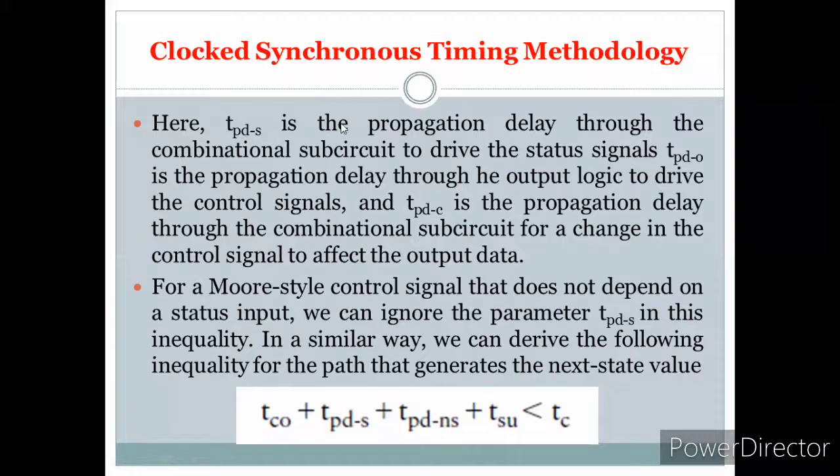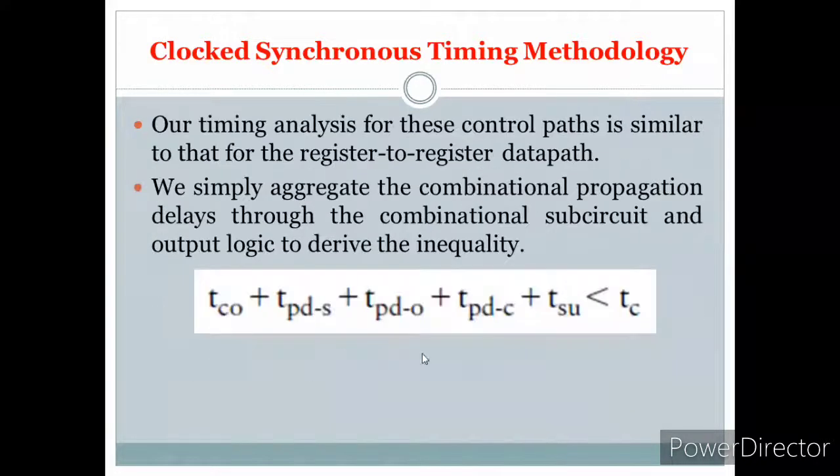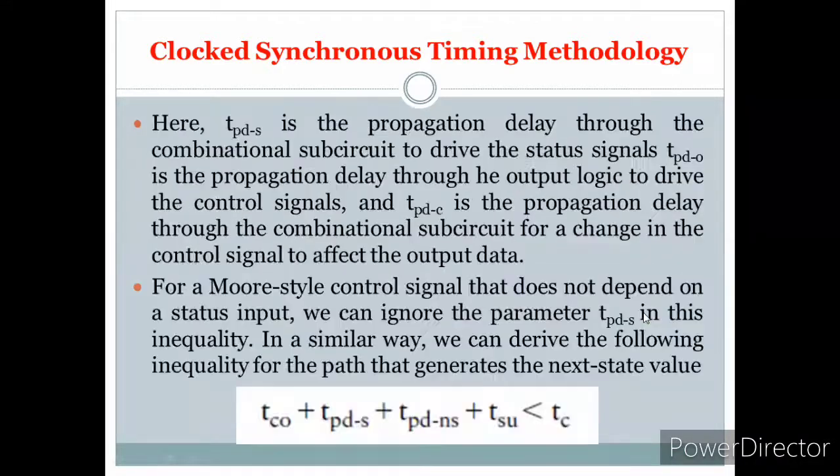So TPDS is the propagation delay of the status signal, TPDO is the propagation delay of the output logic, and TPDC is the propagation delay of a signal through the combinational subcircuit, which has to be met, as we already saw in this particular expression. When all of this is added, it should be within the clock cycle.